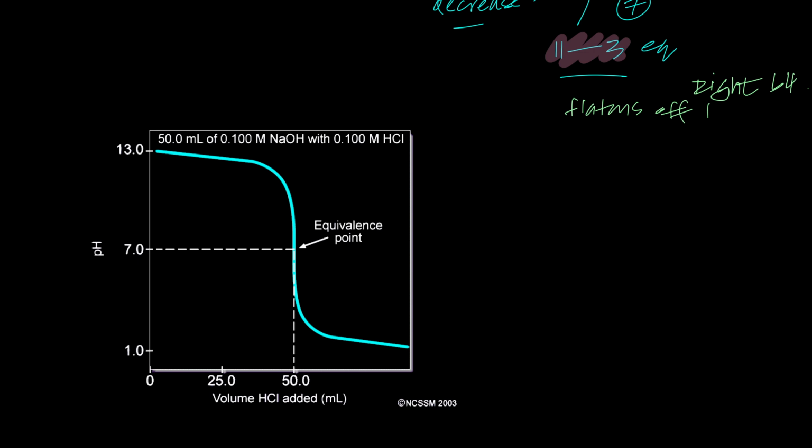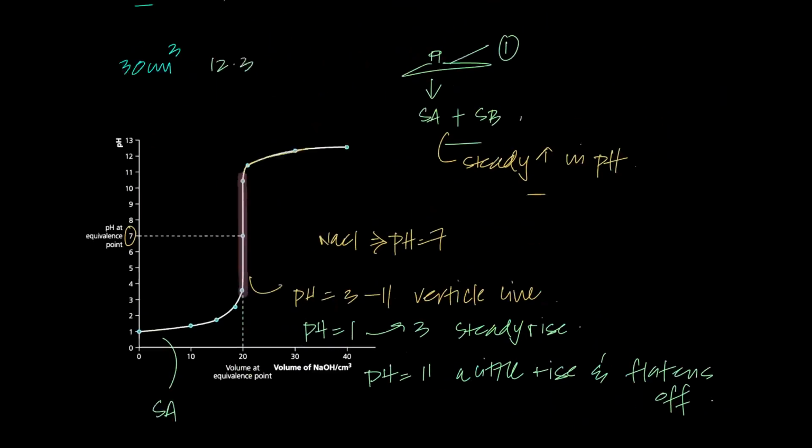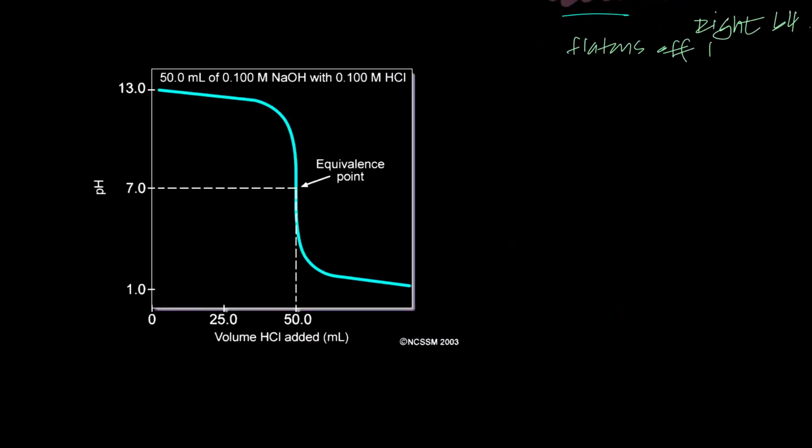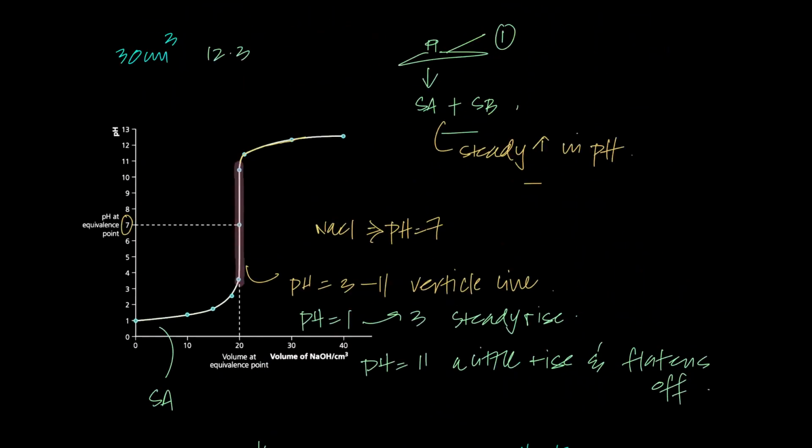Right? Questions come on this. Sketch the graph for strong acid reacting with strong base, and the strong acid is in the conical flask. So this is what you sketch. And if the strong base is in the conical flask and you are adding strong acid to it, this is the sketch for it. You start off with pH 13, because that's the pH of the strong base. Just like here, you started off with pH 1 because pH 1 was the pH of the strong acid,